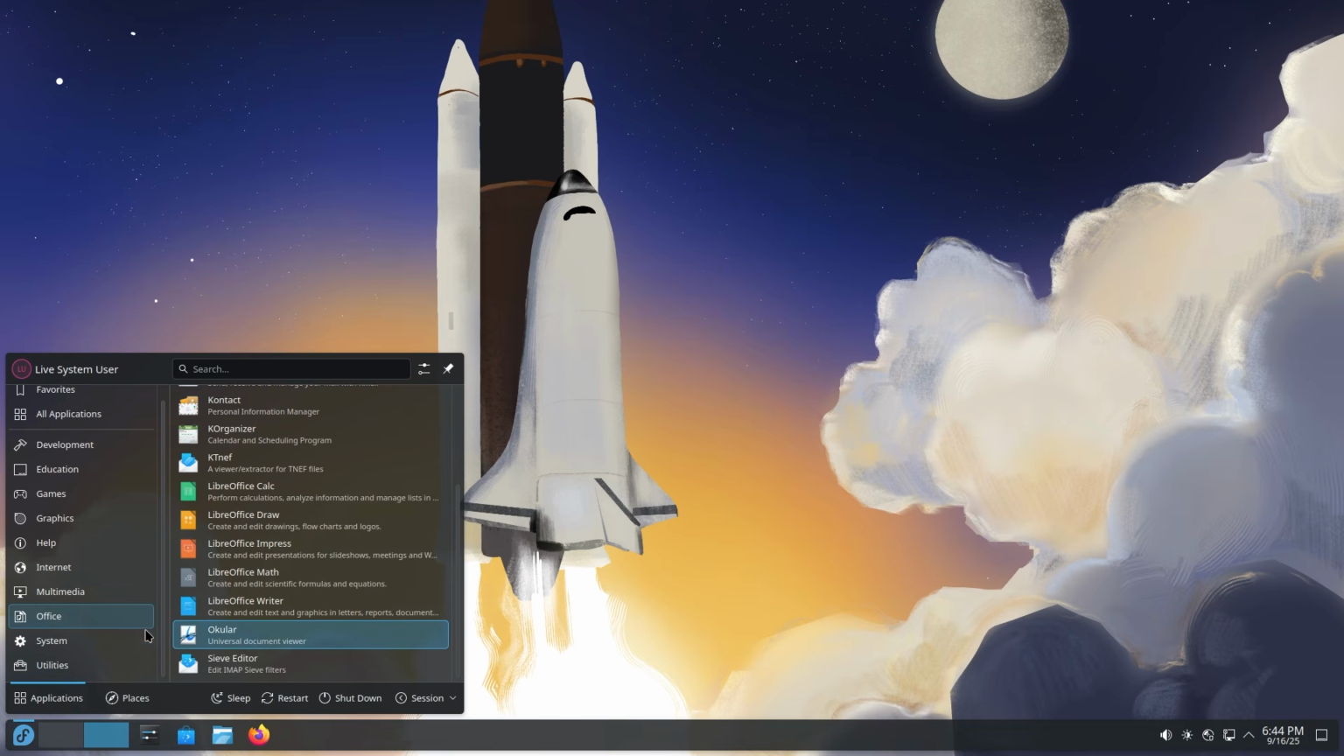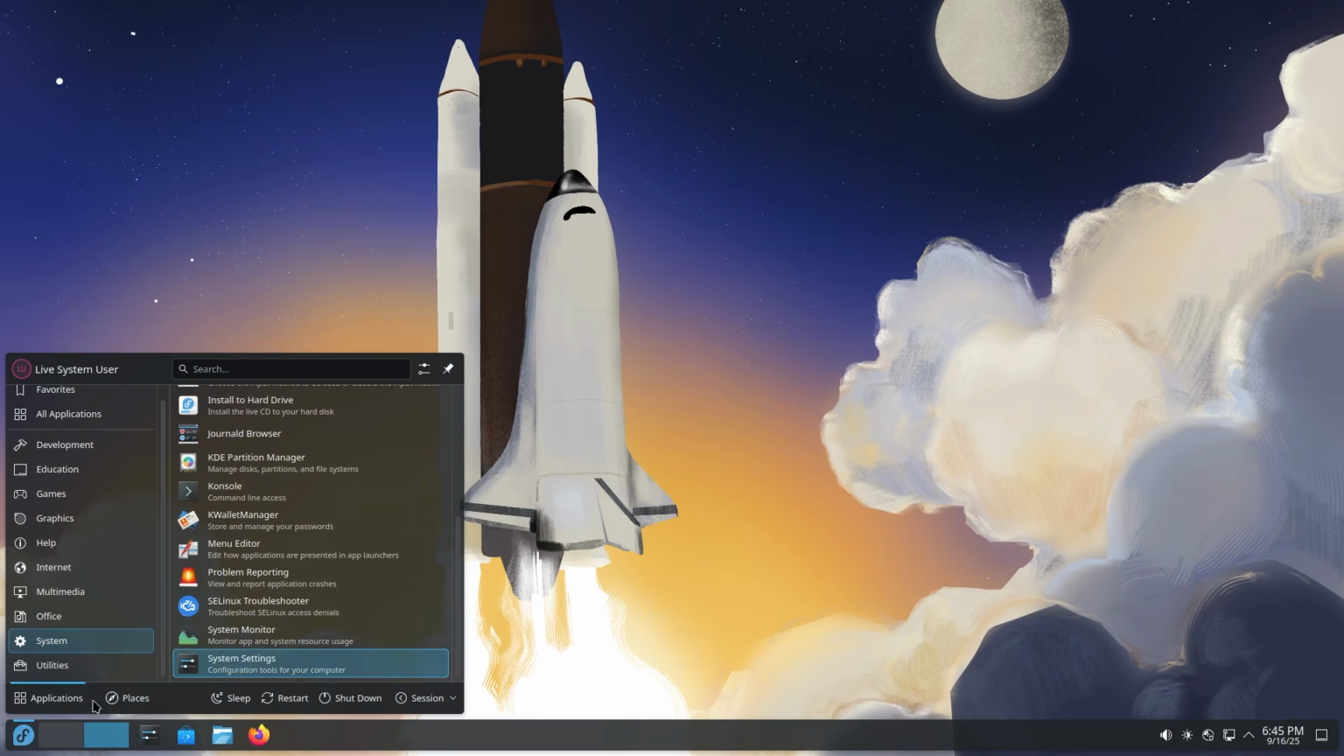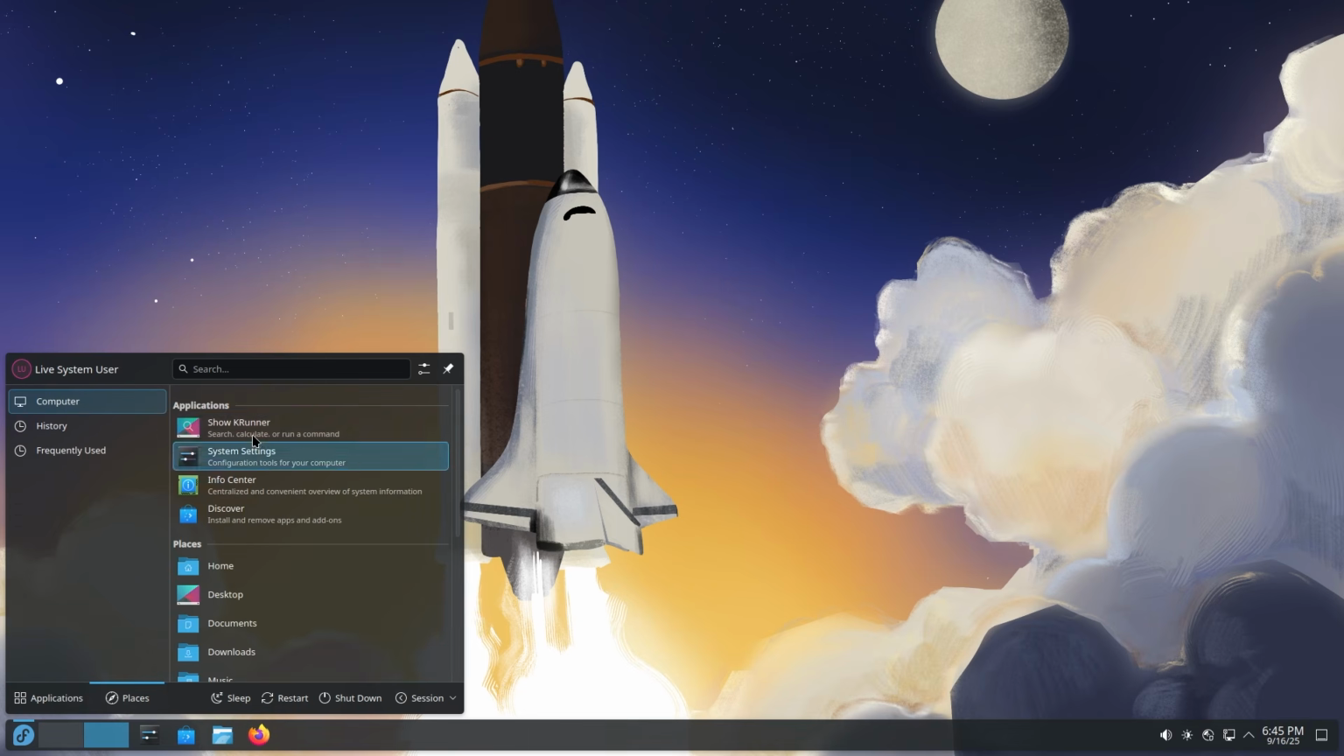I really love how they describe everything. And then you get systems. You do get Discover, which is your software center, Dolphin File Manager, Fedora Media Writer, Firewall. Everything is there. And then you do get Places. So it shows you applications, and then history,